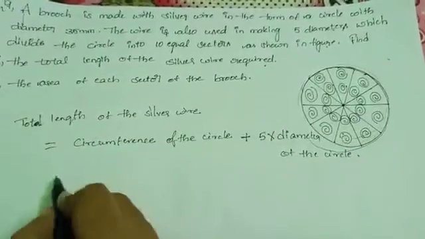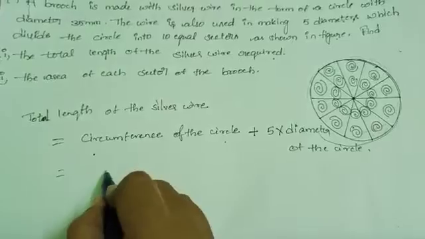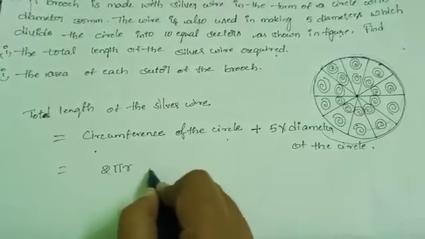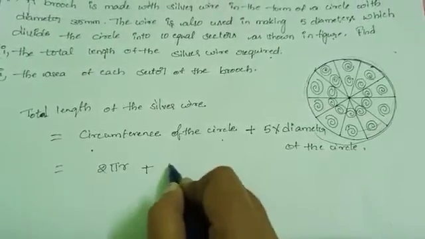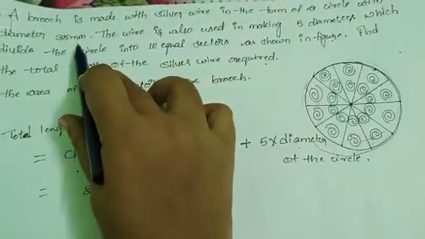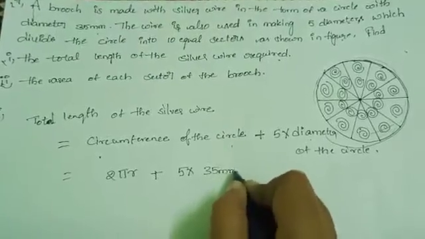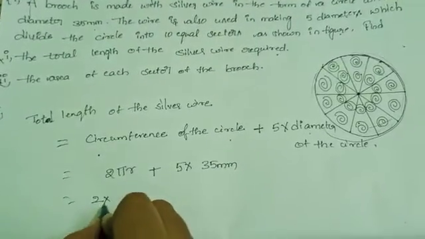The circumference of the circle is 2 pi r, plus 5 diameters, 5 into diameter. Given the diameter of the circle is 35 millimeter. 2 into pi value